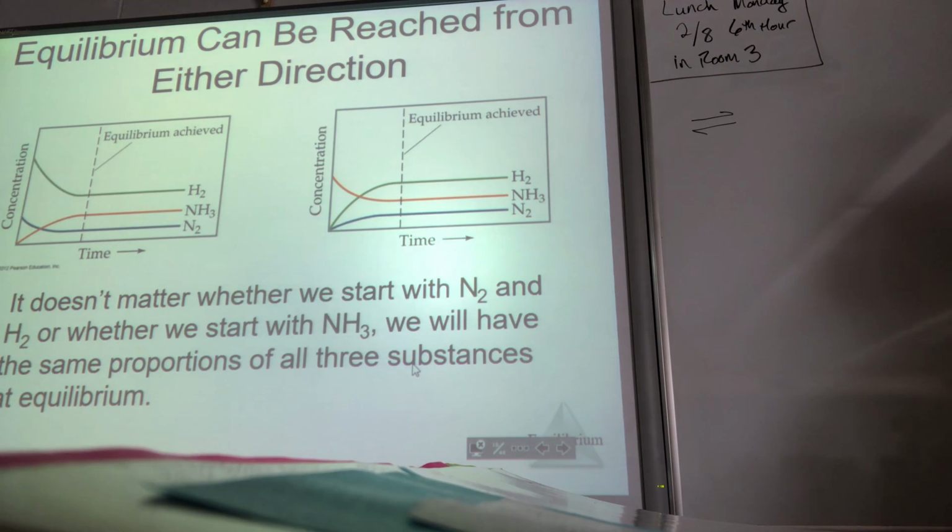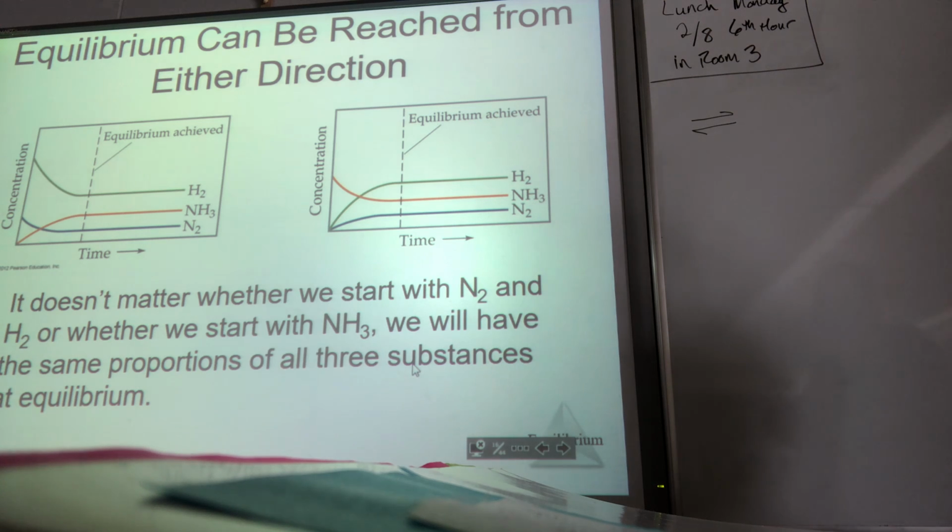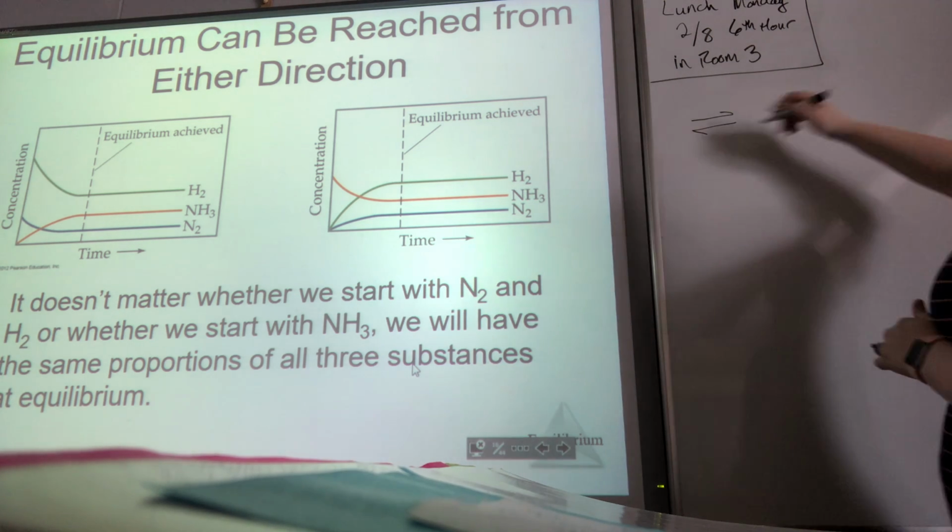Okay. It does not matter when it comes down to the equation which direction you're going. What does change is the value for K. And we're going to learn how to go from the reverse K to the forward K and so on and so forth. In this particular reaction, this is the Born-Haber reaction, where we take